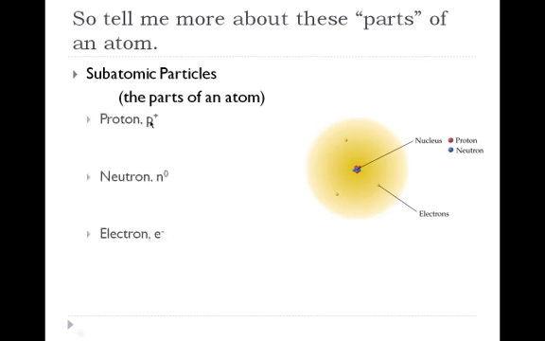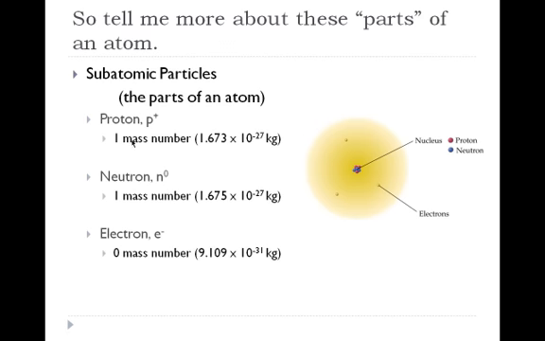And again, protons have a positive charge, neutrons have a neutral charge, which means no charge, and electrons have a negative charge. If you look at the mass numbers, now remember, an atomic mass number, let's go back to the periodic table and talk about those. The numbers on the bottom, below the elements in the periodic table, we call them atomic mass numbers. So one proton weighs one mass number, and one neutron weighs one mass number, an electron weighs nothing. When we convert them into kilograms,